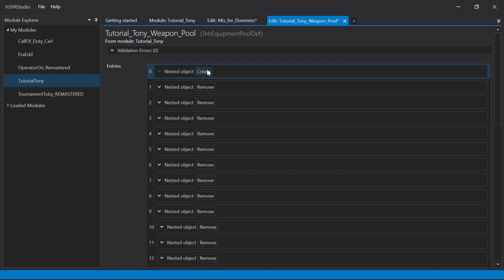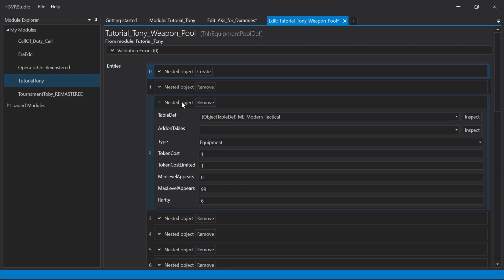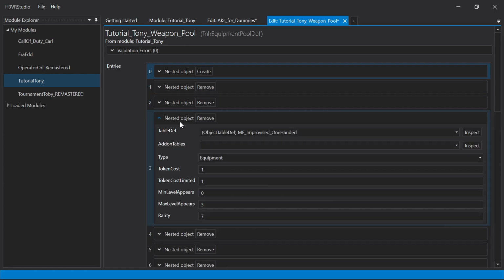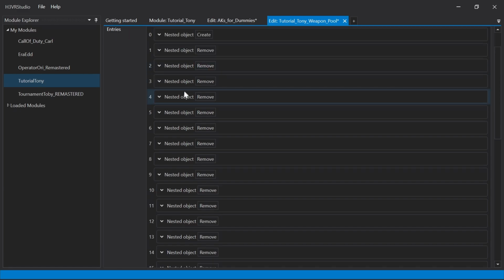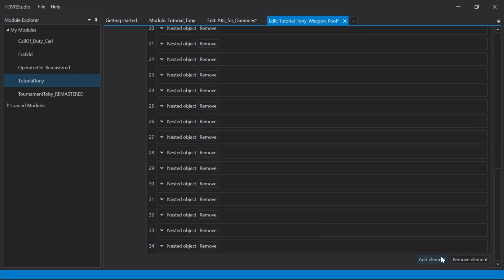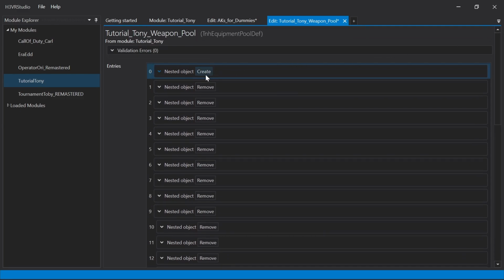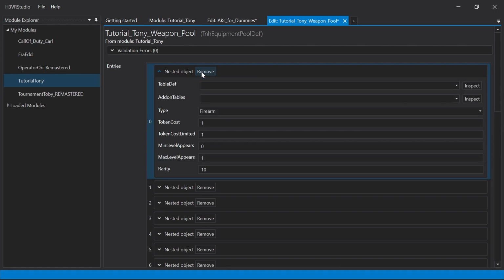Okay, so now that we're all done with that, we're going to go over how to make one of these nested objects. Now, all of these nested objects are essentially just your different types of pools and stuff that you would see in the item spawner. And we'll go over that real quick. But what you'll want to do is once you add your element, find the new element that you just made, your new nested object, and click on create,